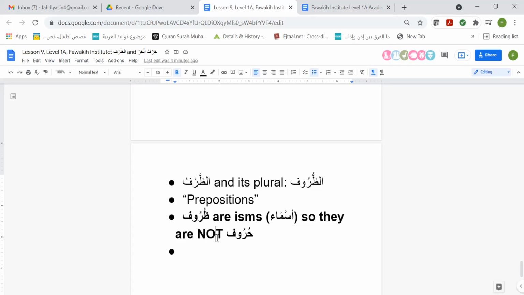That's a bit different. But for the sake of more advanced studies, like years down the road when you guys learn more advanced topics, the English will not benefit you, because they'll all be using the Arabic versions of these things. So just don't worry about the English, and know that dhuruf are only isms, and that they are not huruf. Does that answer your question?